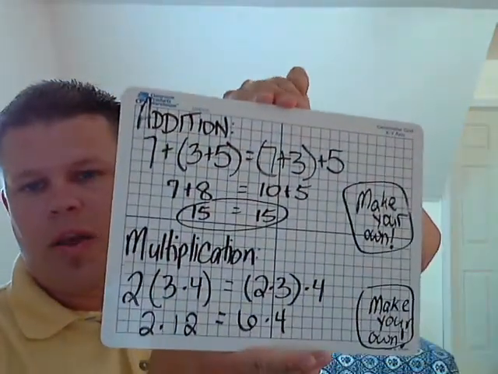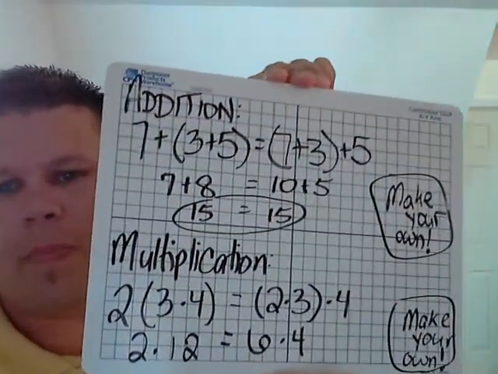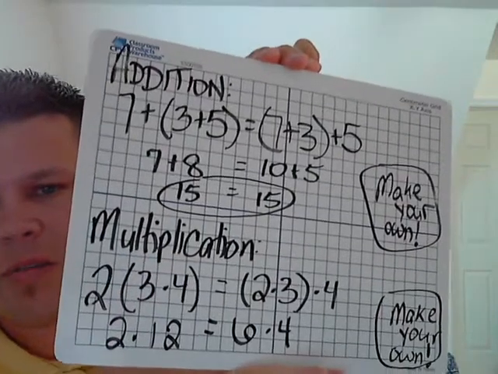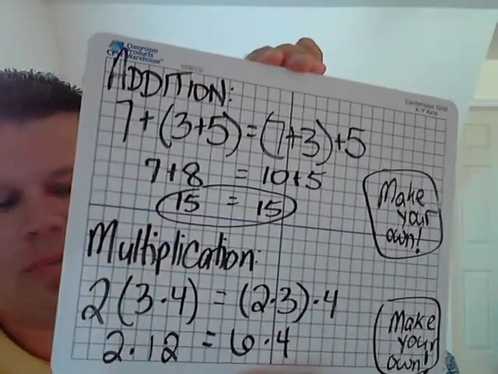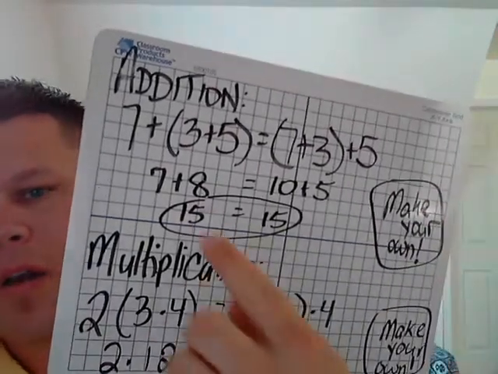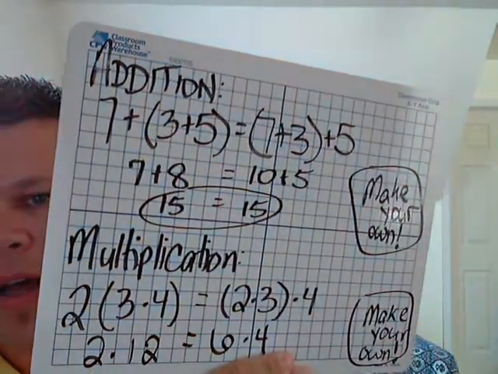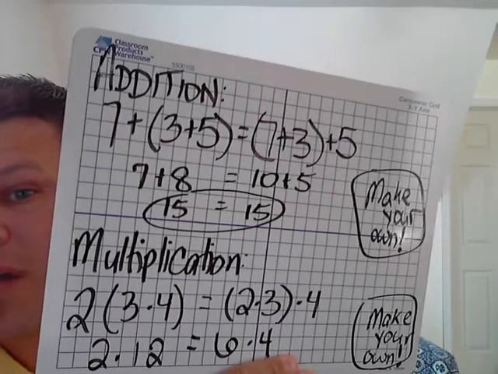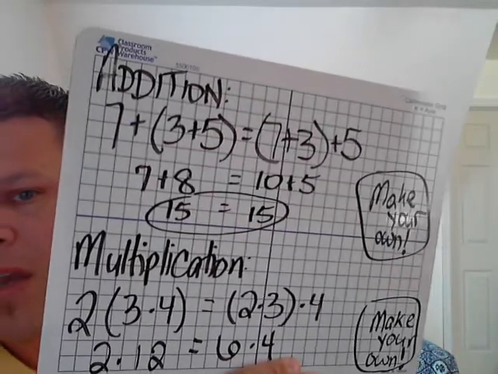Okay, so we have an addition example. 7 plus 3 plus 5, and you see the parentheses are around the 3 plus 5, right? Where is that? Right here. Okay, and on the other side of the equal sign, you have 7 plus 3 in parentheses plus 5. And you can see that